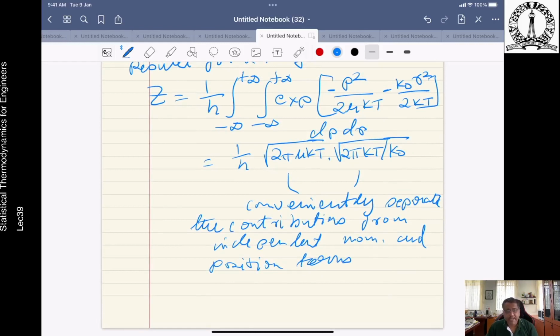On this basis, the universal contribution to the partition function in either case is given by